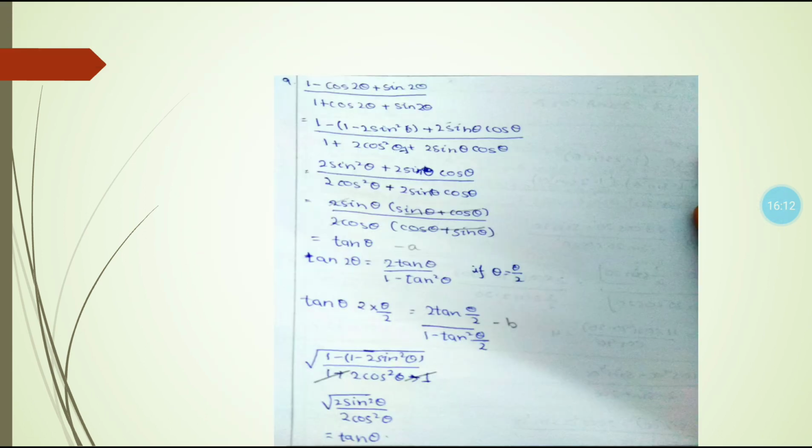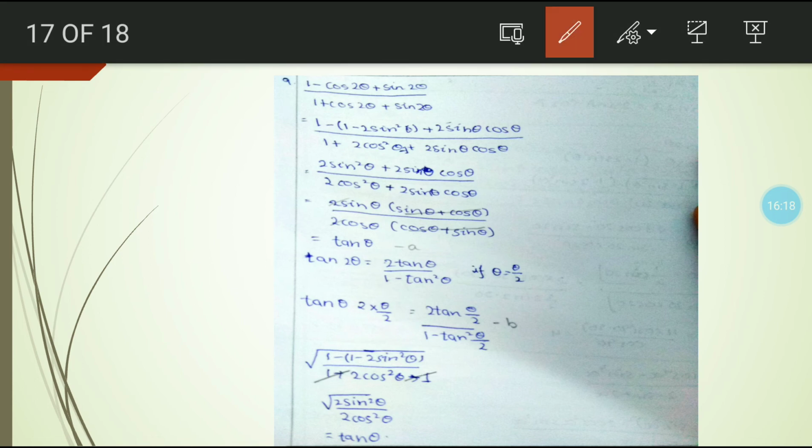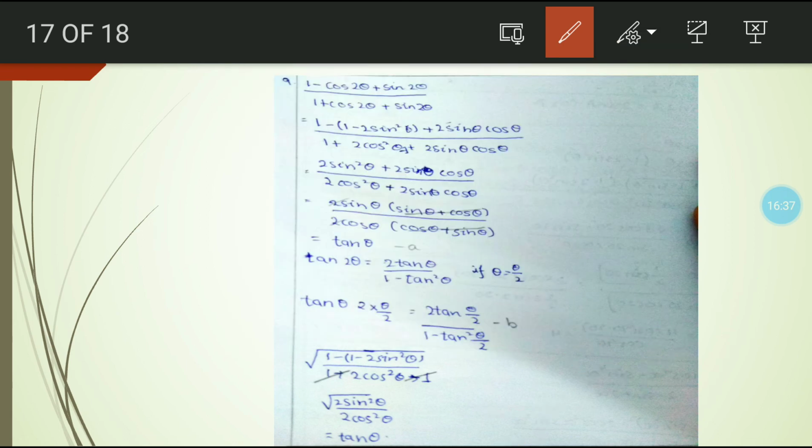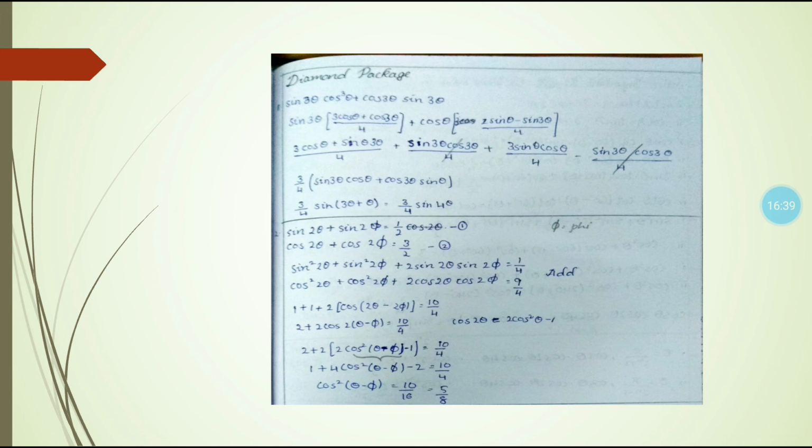Now 9th question, it is also very big, but we solved a few questions like this. I'll tell the option for this. It's tan theta, so it is option A, B and C are there here. We should do this according to our options, and it is also the same as a few questions whatever we saw just now, just before. Now we will see the next question.